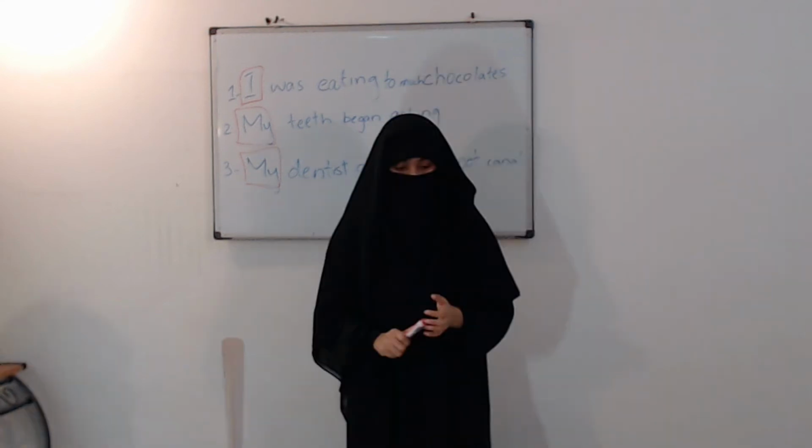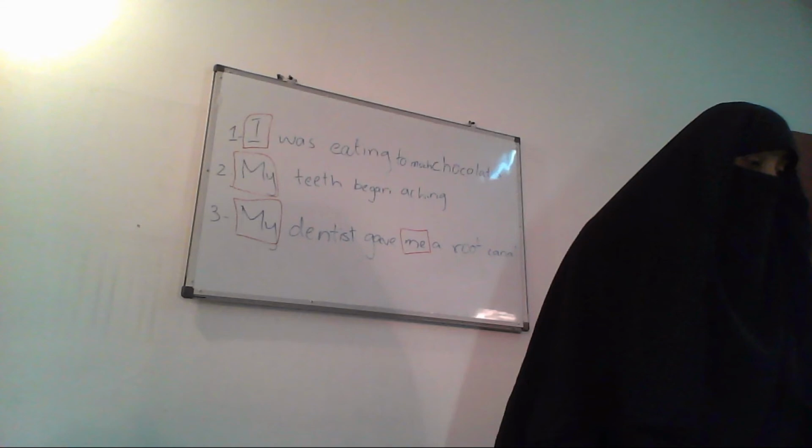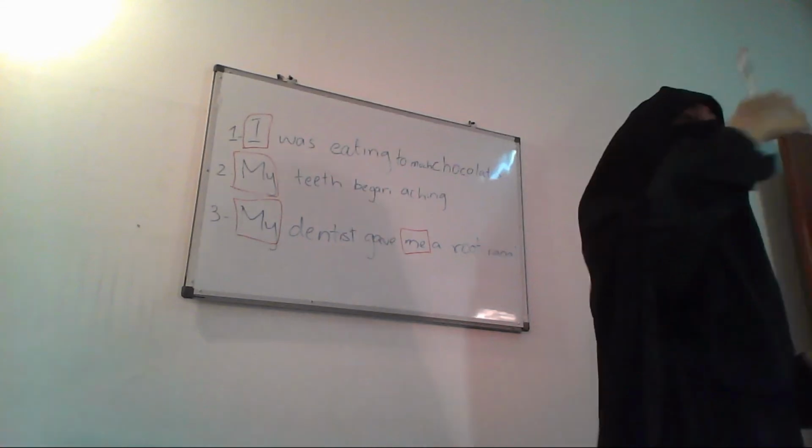Now, let me give you a short story and you have to figure out the most important character. What is the most important character? The one we are talking about. The most important character is the one who does something. The one who is doing something is a doer. The doer is the one who is doing something, right?